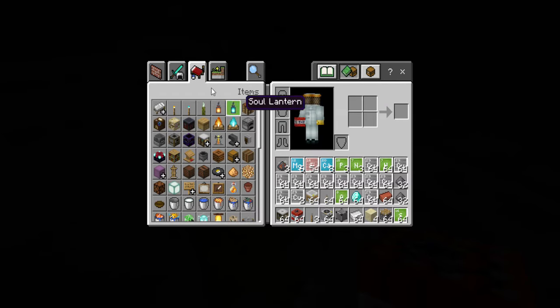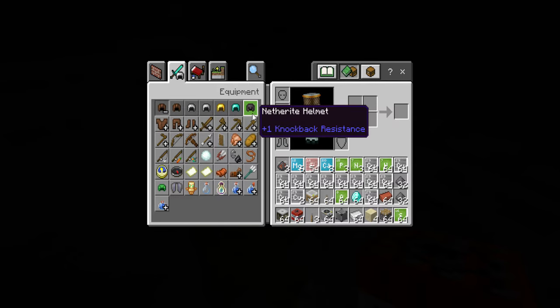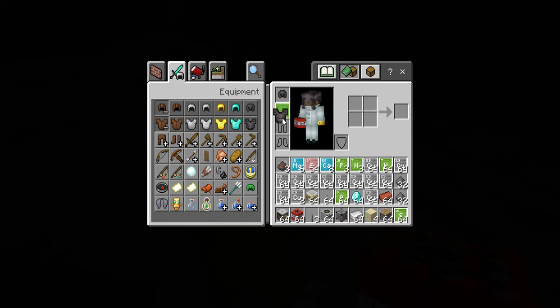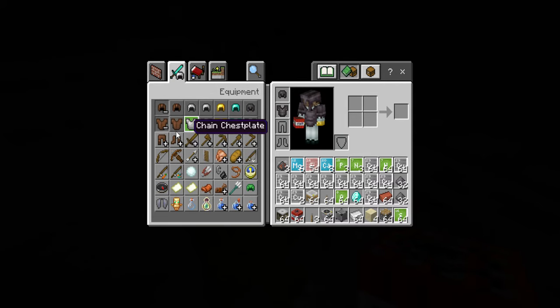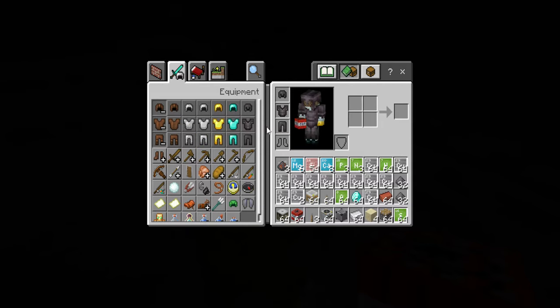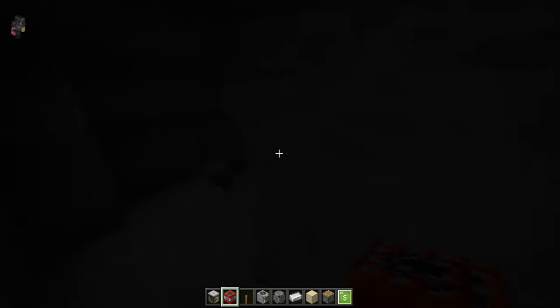First, get yourself some armor, preferably netherite, because it has knockback covering, which makes life a whole ton easier. But today's video is going to be exceptionally shorter than others I've done. So,